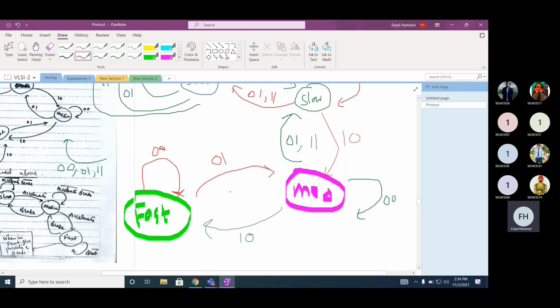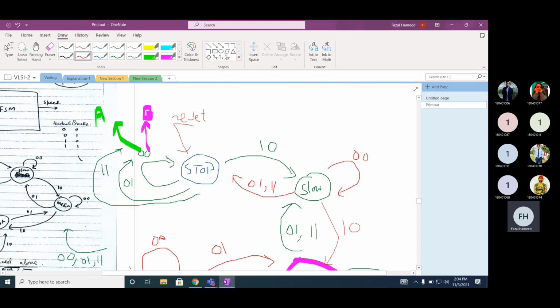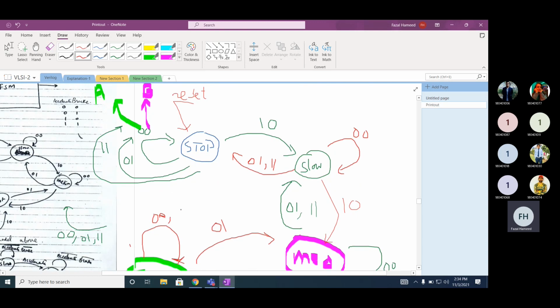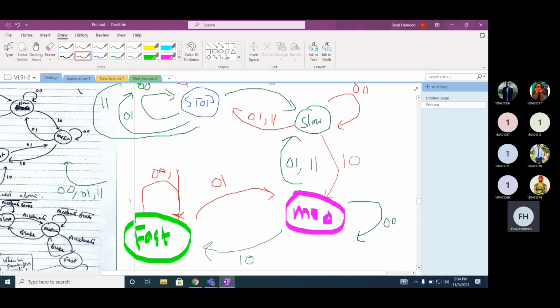And 1 0, accelerate, it will remain in the same state because we have defined 4 different levels of speed. 1 0 comma 1 1 also stays in fast.